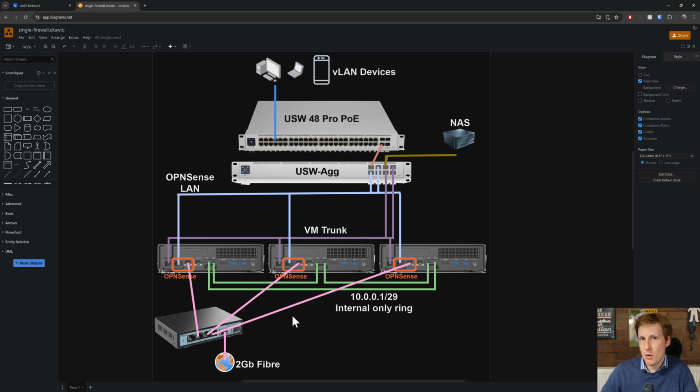Now, this is a little bit wasteful, and in the future I'm going to have a look at removing the switch altogether and actually plugging this fiber straight into this switch up here, and again just using VLANs to send my internet through a VLAN into OPNSense. And with any luck, I should be able to simplify this diagram, and I'll post that in another video if and when I go down that route. But like I say, I'm just trying to keep this simple for now because I've no idea whether this OPNSense HA will work. So now I've specified how I'm going to do that, let's have a quick look in Proxmox